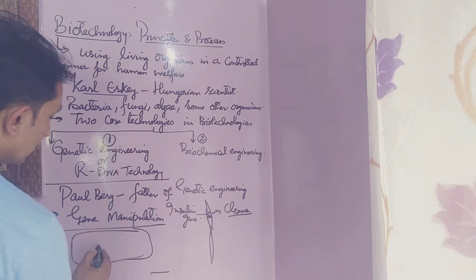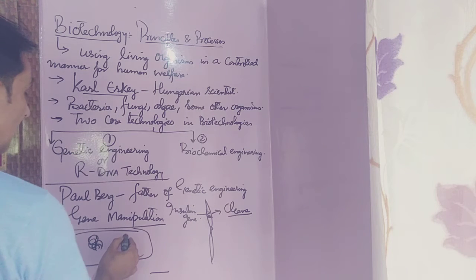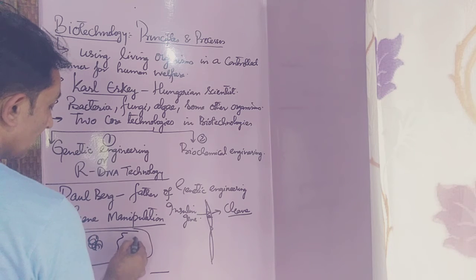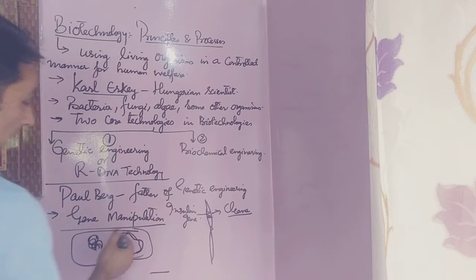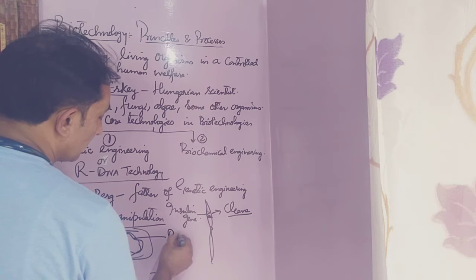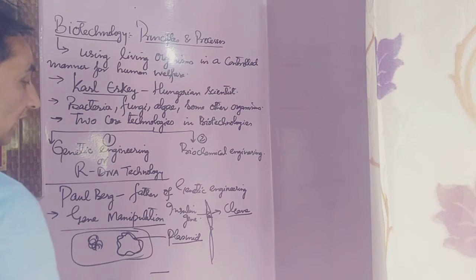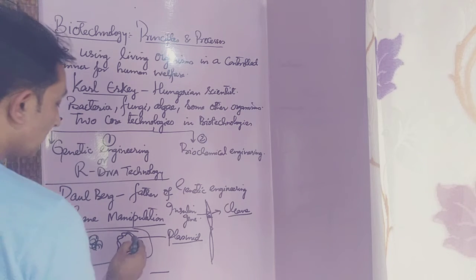This is a bacterial cell. Inside the bacterial cell, you will see this is the main genetic material or nucleoid of the bacterial cell, which is a circular double-stranded closed DNA molecule. These are extra-chromosomal genetic materials, and they are known as plasmids. Now we take out this plasmid inside the laboratory,